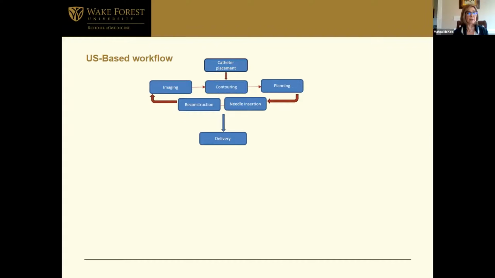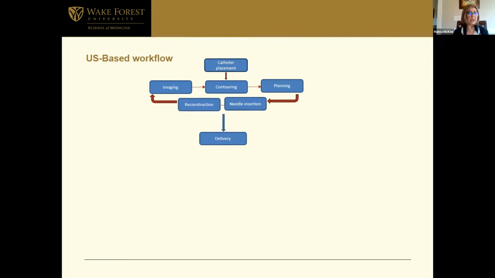Ideally, with the ultrasound base, you would hope that you have a brachy suite in your department where the patient does not have to move. You can basically have a one-stop shopping. So you have your catheter placement while you've got the imaging taken, as well as contouring, planning, needle insertion, reconstruction,